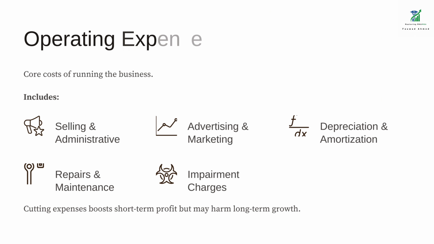Operating expenses. Operating expenses represent the costs of running the business day to day. They include selling and administrative expenses, salaries, utilities, and office costs, advertising and marketing, discretionary spending that fuels future sales, depreciation and amortization, systematic allocation of long-term asset costs, repairs and maintenance necessary to keep assets productive, impairment charges when an asset's value falls below its book value. Cutting these expenses can boost short-term profit, but if management underinvests in marketing, R&D, or maintenance, it may hurt long